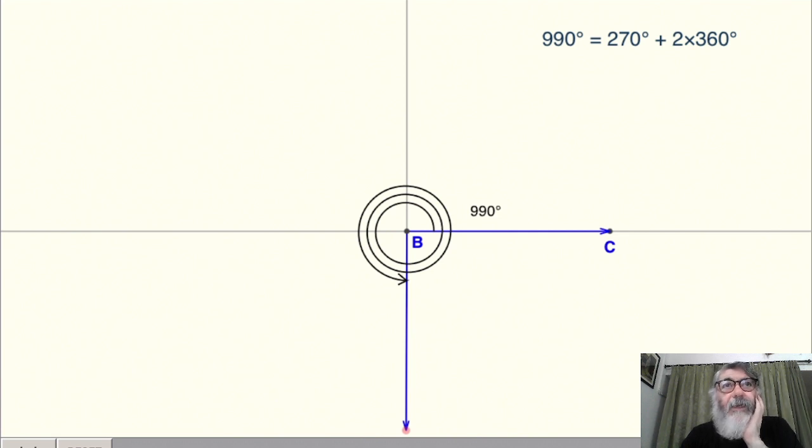So if you divide it by 90, you will get 11. So 11 into 90, 11 pi by 2 is the value. If you divide 11 by 4, you will get remainder 3. That's what exactly we said: along OY dash we will get the odd multiples of pi by 2, and the coefficient of pi by 2 if divided by 4 will leave the remainder 3.